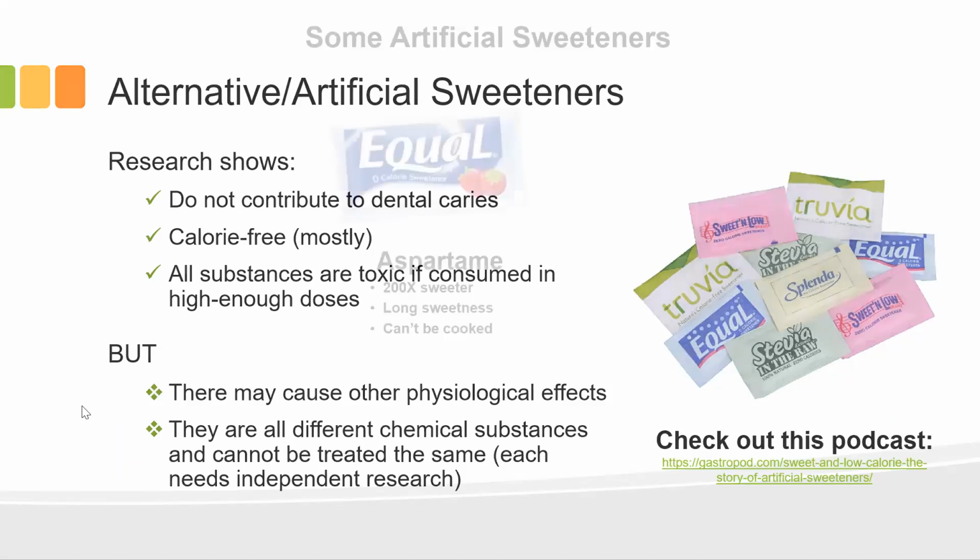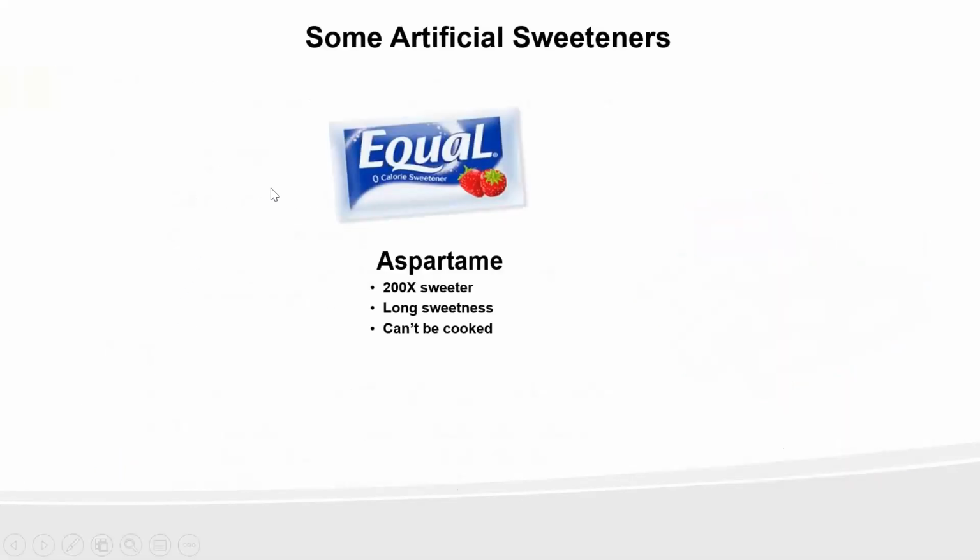So I've got a video here that I will play for you in a moment that talks about some of the effects, and then I'll comment on it afterwards. I just want to introduce you to some of the artificial sweeteners that you may have seen out there. Aspartame is one of the old ones. I think NutraSweet was one of the originals. There's also Equal. They're usually found in the little blue packets.